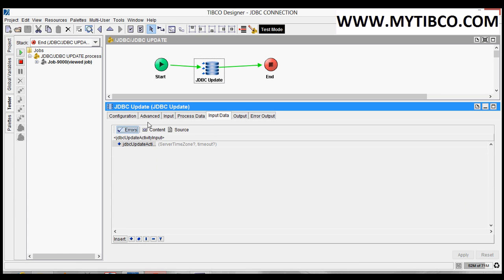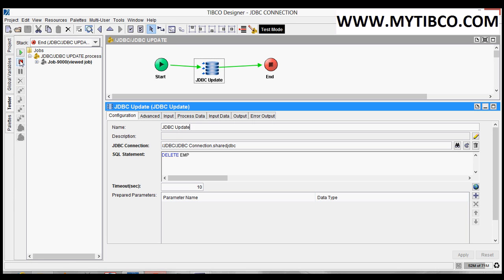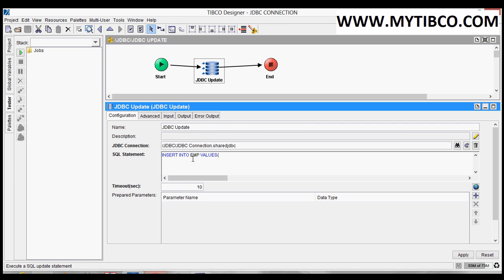Stop it. Now I'm using this JDBC update to insert records. Insert into emp values. I'm giving manually 1, employee name is A, employee age is 25, comma, and employee rank is 1.